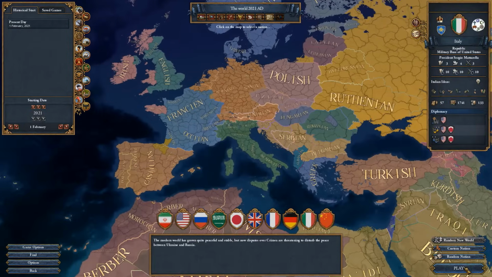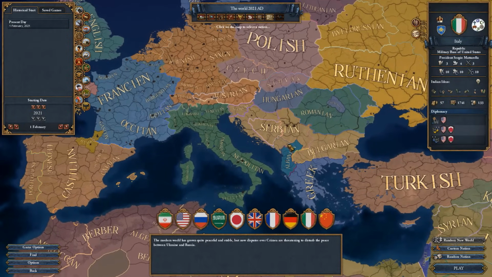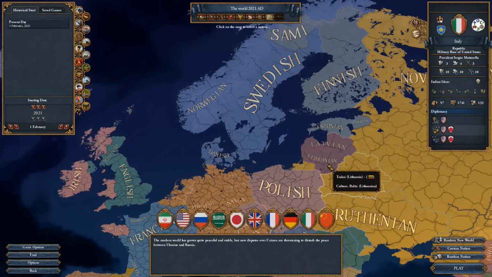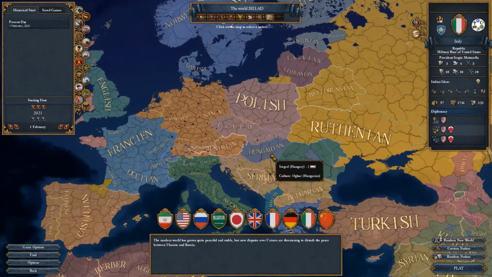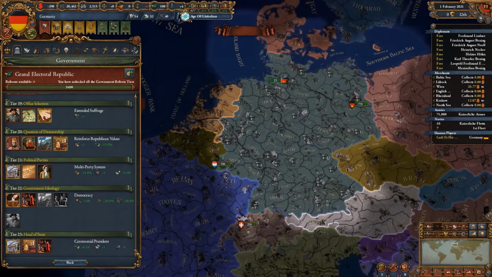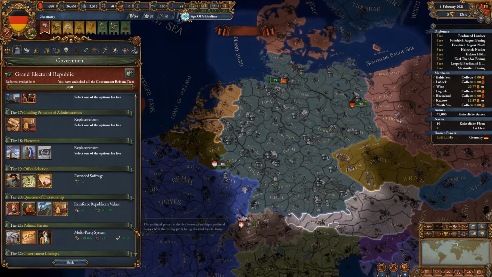And the cultural map mode has also been updated and is actually quite accurate, with Albanian and Basque being their own cultures, as well as Latvian and Lithuanian being separated, and Hungarian being in the same culture group as Finnish and Estonian. As you go into the game, you quickly realize that you have a ton of new government reforms,